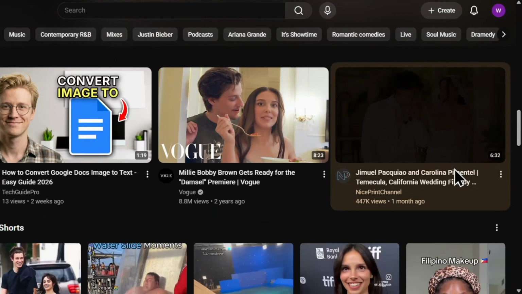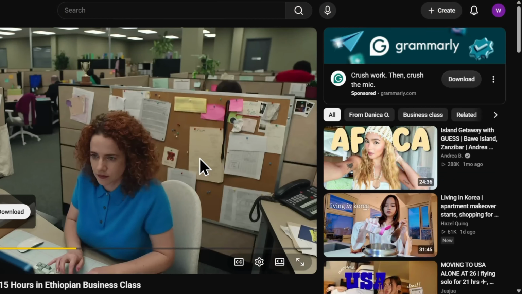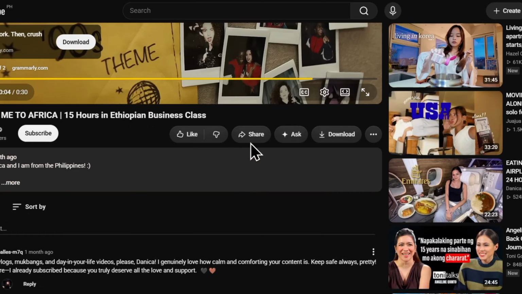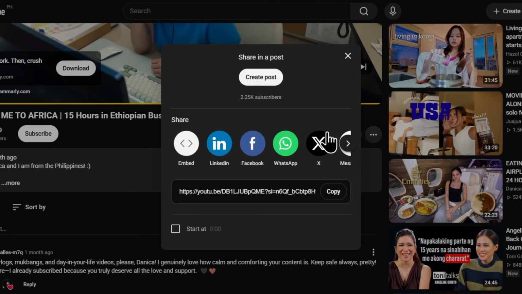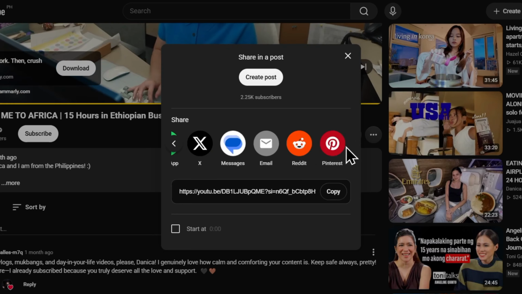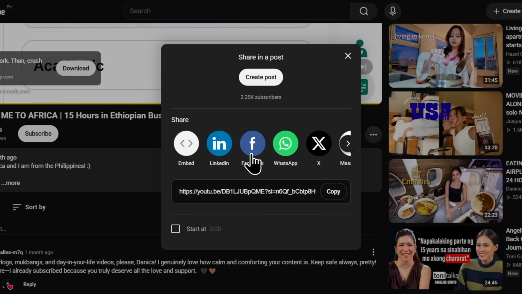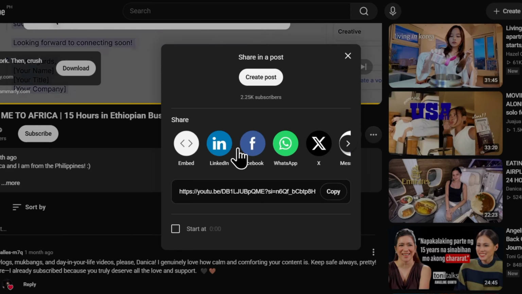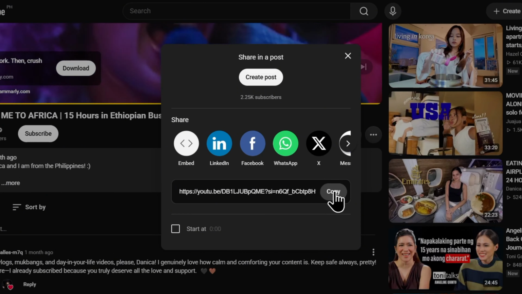Next, find the video you want to share. So tap the video. Next, scroll down a bit and tap the share button right here. Next, in the section, you can look for the TikTok app or logo, then click on it and follow the instructions. Now, if you can't find the TikTok logo, what you can do is click copy right here to